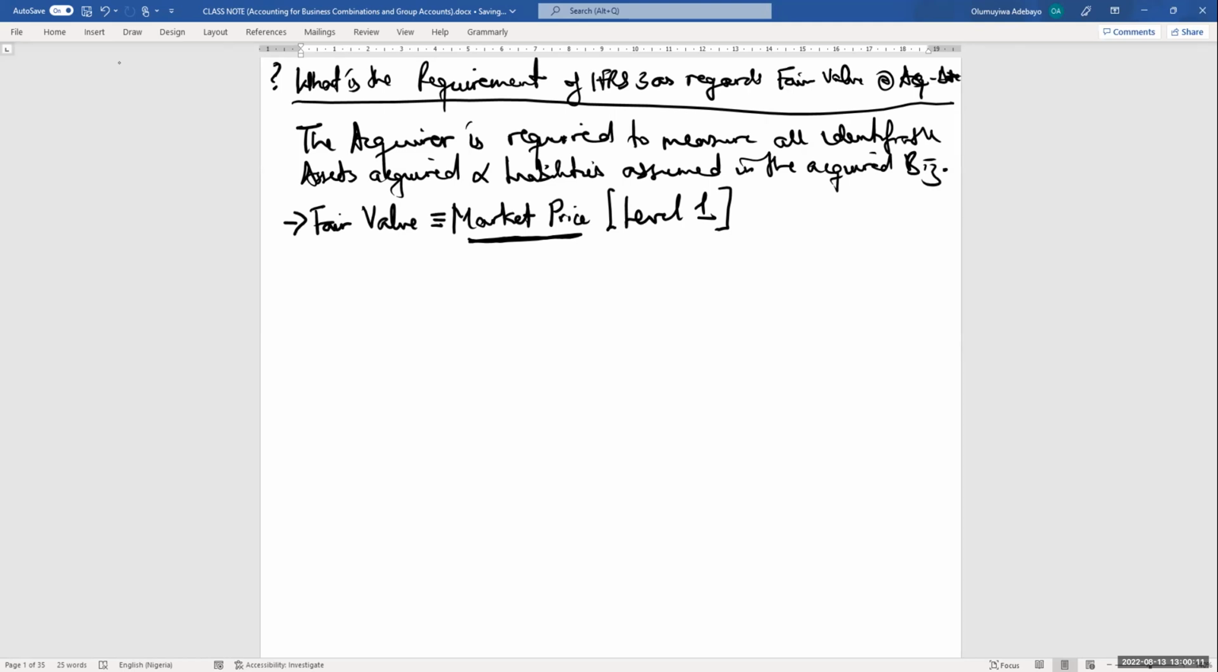Now, why are we doing this? We are doing this in order to ensure that the amount of goodwill